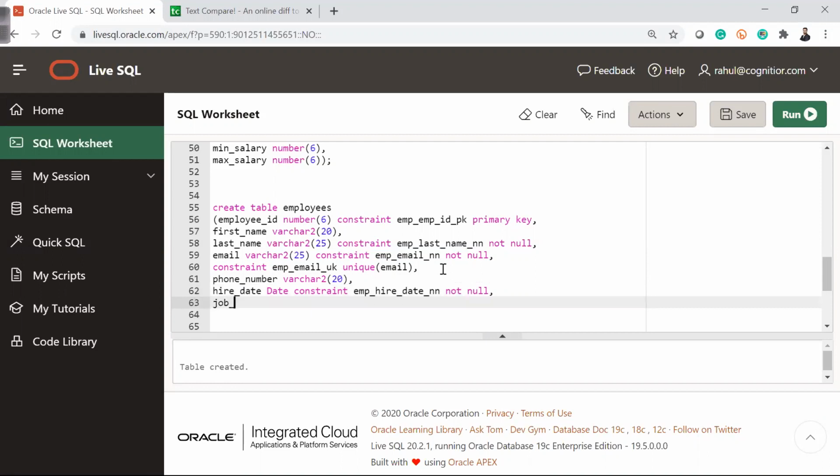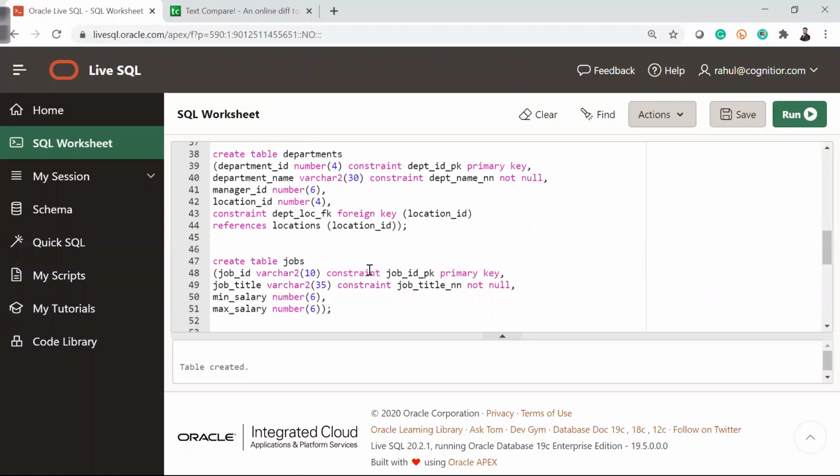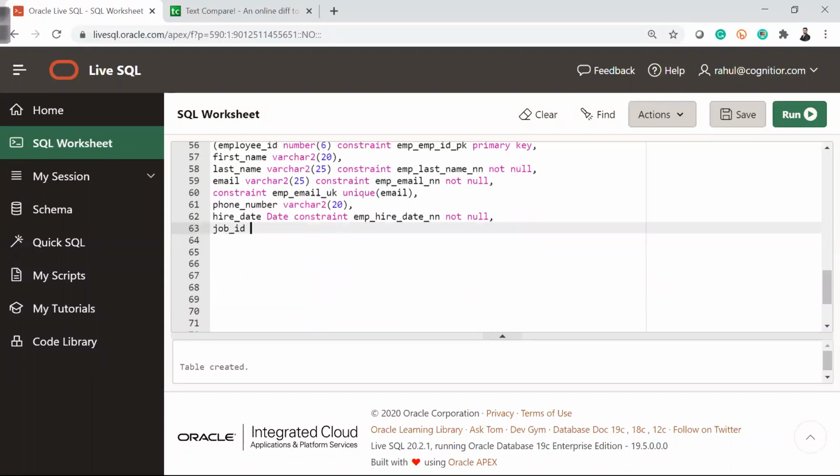Then we'll have a job id. Now you see, job id is, I think, one of the tables we created, the jobs table. Yes, this is the job id, but I'm not mentioning any foreign key as of now. I'm just creating job id. We can create the primary foreign key constraint here, but as of now let's not do it, because once I create a data model, we'll see which table has which primary key and so on.